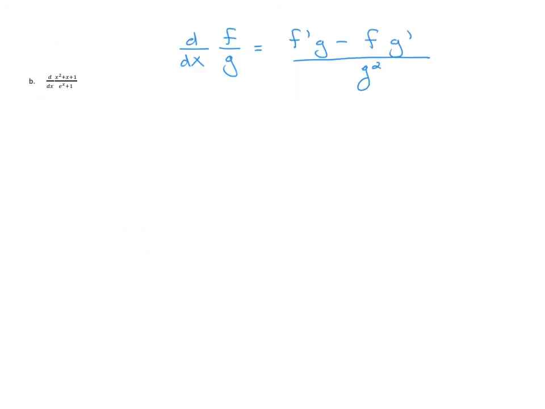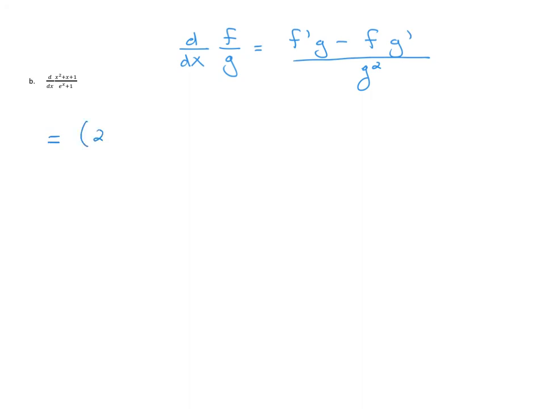Before doing part B, I wrote down the shorthand version of the quotient rule. I just left off the parentheses and x's, to indicate that you take the derivative of the top, multiply by the bottom, subtract off the top times the derivative of the bottom, and then you divide by the denominator squared. Okay, taking the derivative of this thing, the quotient rule says to first take the derivative of the top,